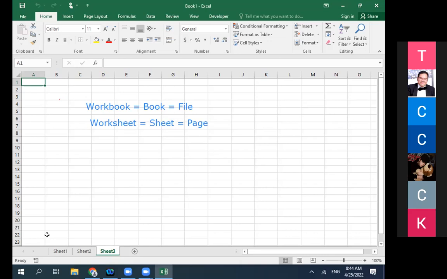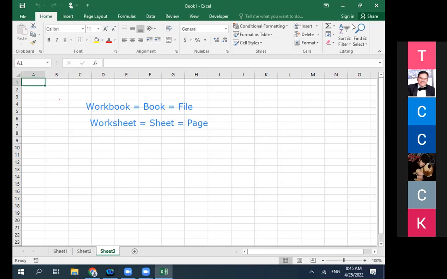Why was that? The reason was that most people normally use just one sheet in one file. So instead of creating many sheets that consume the memory for Excel, it creates one sheet only, which is enough. But if the users would like to have more than one sheet, no problem, they just click to add more sheets. Okay, right. So before we talk about the contents inside the sheet, let's talk about